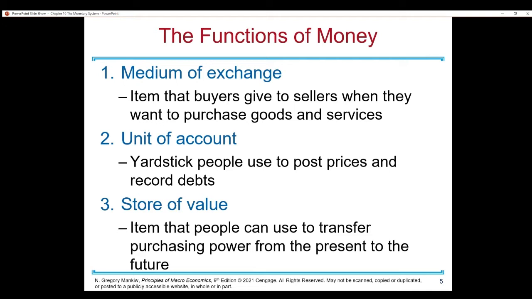So let's consider hamburgers and shirts. Let's say a hamburger costs $5 and a shirt costs $50. What we did right there was to use dollars as a unit of account. We could say that a shirt is worth 10 hamburgers, right? Because it's $50 and the hamburger is $5. Everybody knows that a shirt is 10 hamburgers, and that's our accurate representation of what a shirt is worth compared